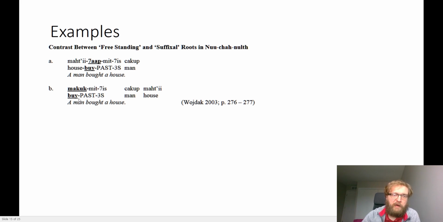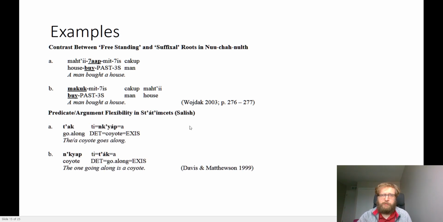Here we see the verb is actually just standing here by itself. So it's verb, past tense, third singular, man, house. So we get verb, subject, object. However, here the object, house, has been caught up into the verb. It's been incorporated into the verb. This is something we'll talk a little bit about when we talk about Native American languages as well. Mostly we'll talk about it in more advanced syntax classes.